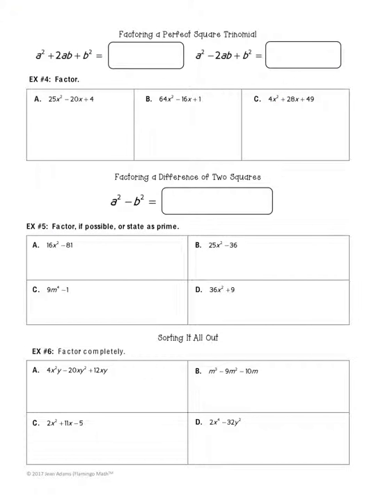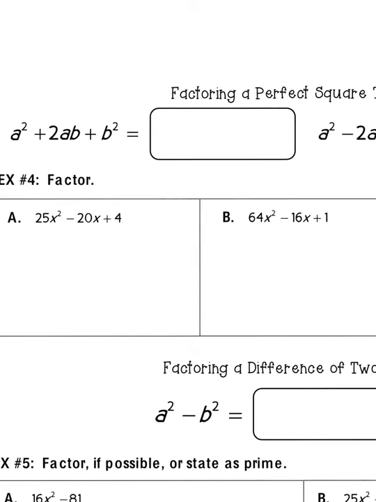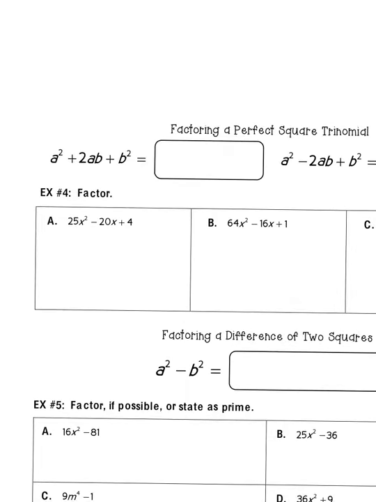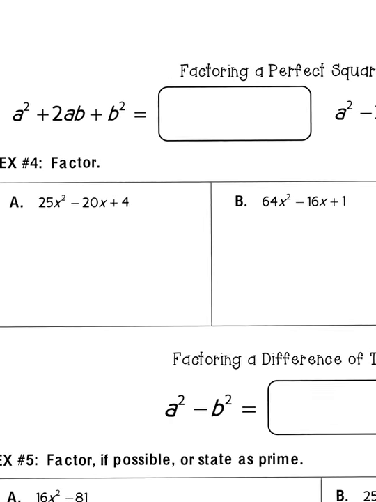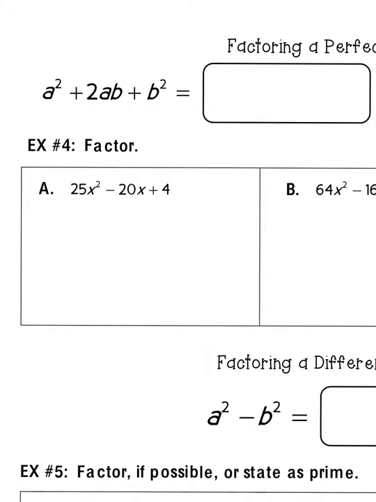So let's look at some factor patterns. Factor patterns will save you time. So let me make this one a little smaller. We'll look at these separately. So the first factor pattern, as I promised, is the perfect square trinomial. So for a perfect square trinomial, you're going to have to test your trinomial to determine, is it a